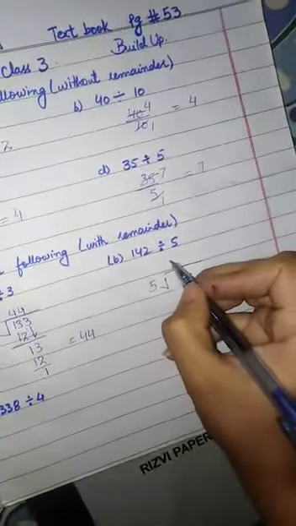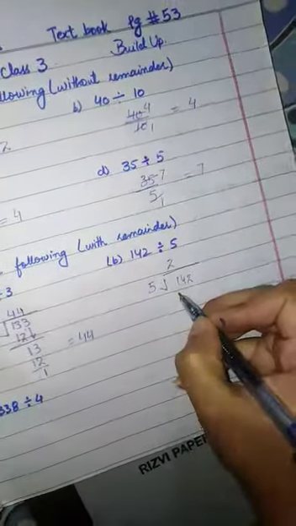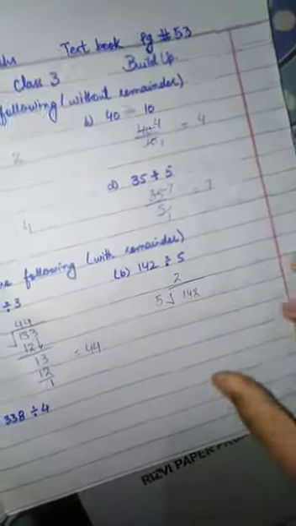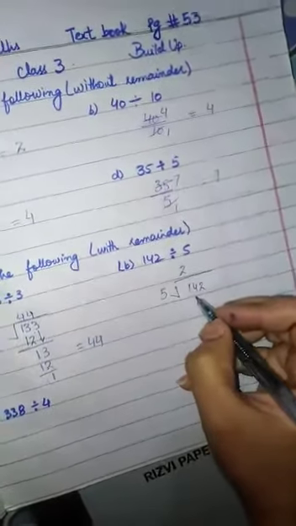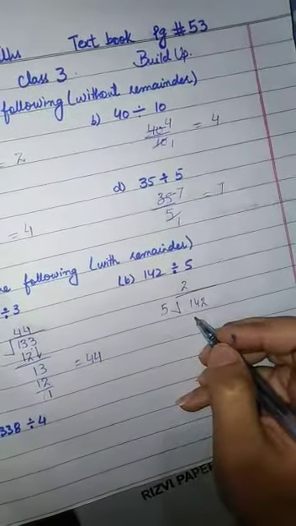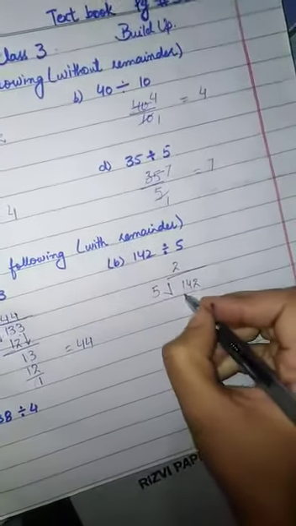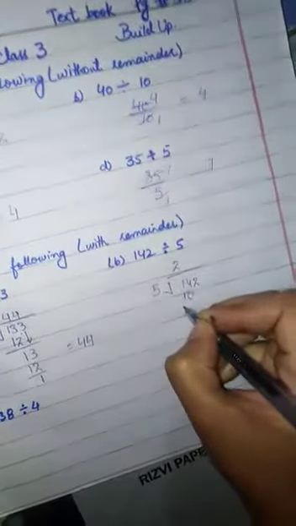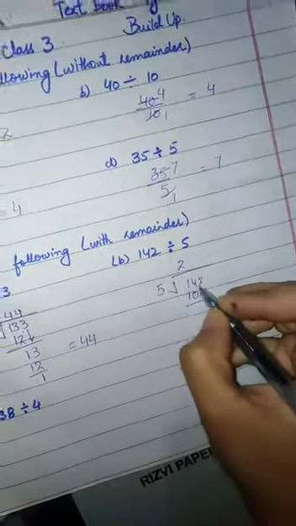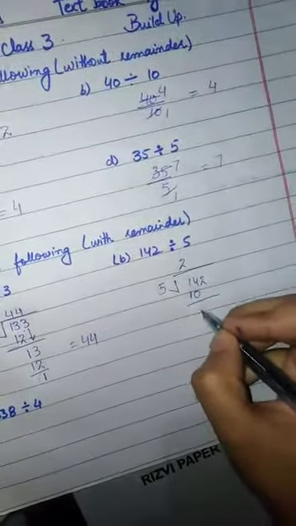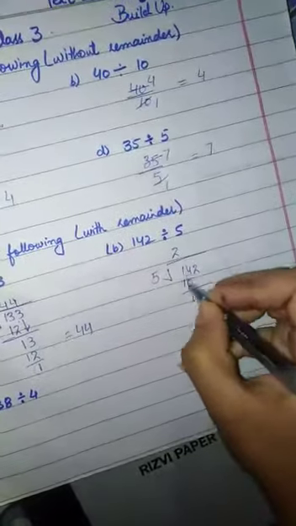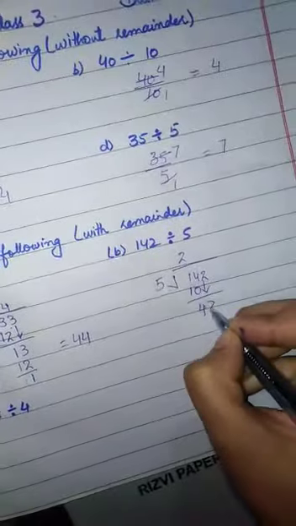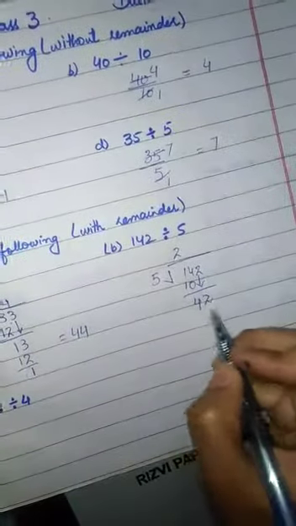Here 5 times 2 equals 10, because 5 times 3 is 15, which is greater than 14, so you have to use the nearer equivalent. 5 times 2 equals 10, it is nearer to 14. What we have to do now is subtract this. 4 minus 0 comes 4 over here, and 1 minus 1 equals 0. Now we drop this 2 down. Then it becomes 42.